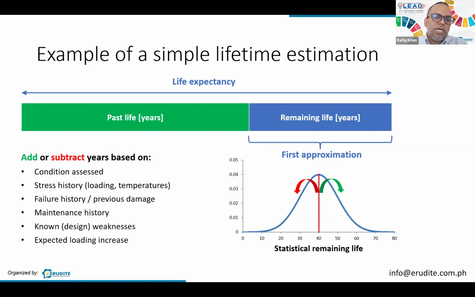Not always when you put an equipment into a system, for example, a cable, a switchgear or transformer, when you put it into a circuit, do you know that it will remain serving the same load. Nowadays, we have a problem also with load increasing. On the load side, you are connecting more and more devices, more and more equipment. Electric vehicles are being charged. And when you have this kind of situation developing, you will have an expected lifetime that is reduced. So things can become different over the years. So we tend to have to look at them as we progress.